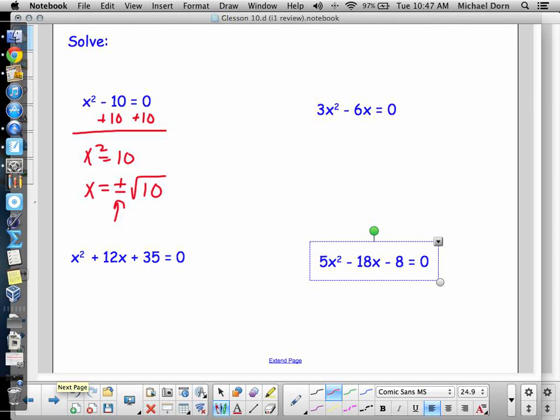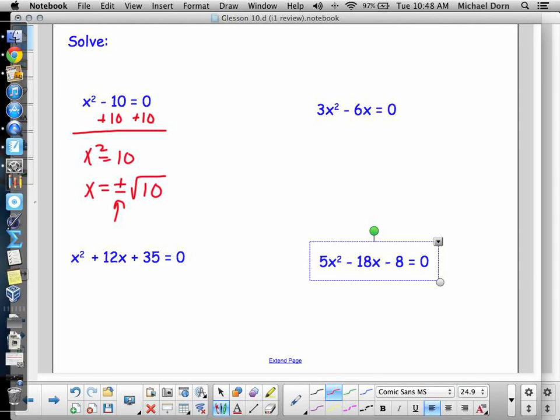Now, I can't take the square root of both sides all the time. I can't take something like this, move the 12x and the 35 to the other side and take the square root. That's not going to work. I can only do that when I just have a single whole number on the other side. So it's pretty rare, but you can do it that way. We call that extraction. This one, I could try to do 3x squared equals 6x, but it doesn't work so well